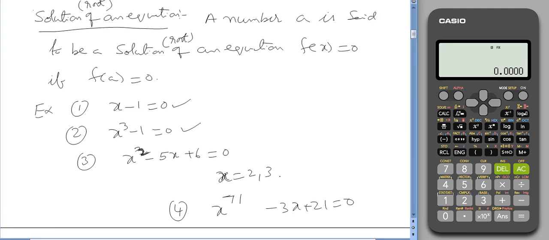Now coming to another example, just for interest, x cos x plus sin x equals 0. Because this is a simple problem, x equals 0 is a solution of this equation. If you put x equals 0 in the left hand side, 0 into cos 0 plus sin 0, so 0 into cos 0 is 1, plus sin 0 is 0, so 0 plus 0 is 0. So x equals 0 satisfies this equation.